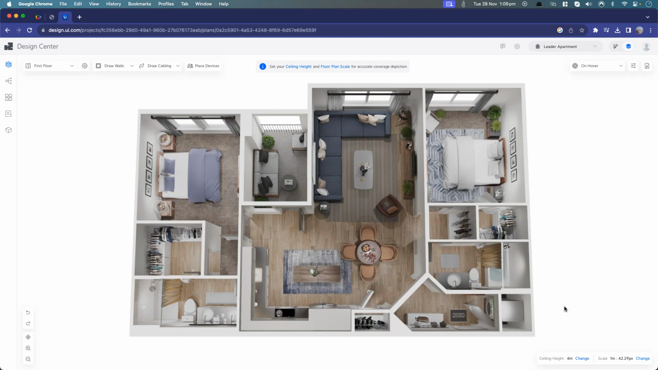So the first place to start off with when we have this imported is we need to change our metrics. We need to change what our ceiling height is, and we need to change our scale. Ceiling height, we can typically measure at the customer's premises. So let's say, for example, this premises has 2.5 meter high ceiling heights. And then we need to add the scale so that Ubiquiti can more accurately figure out what the scale